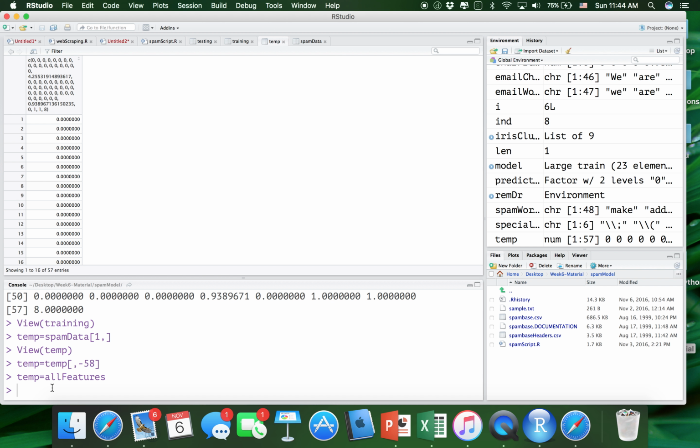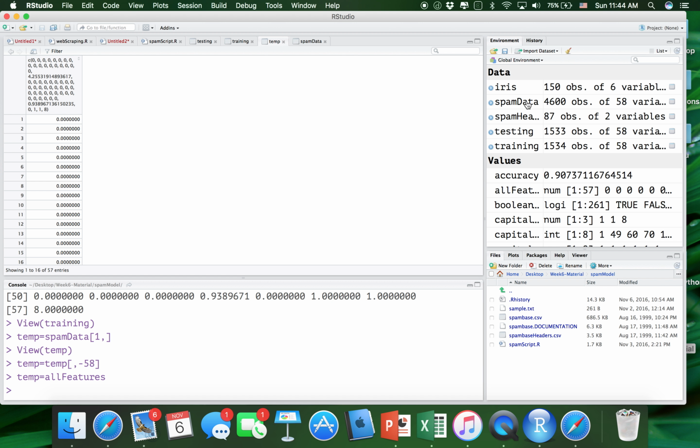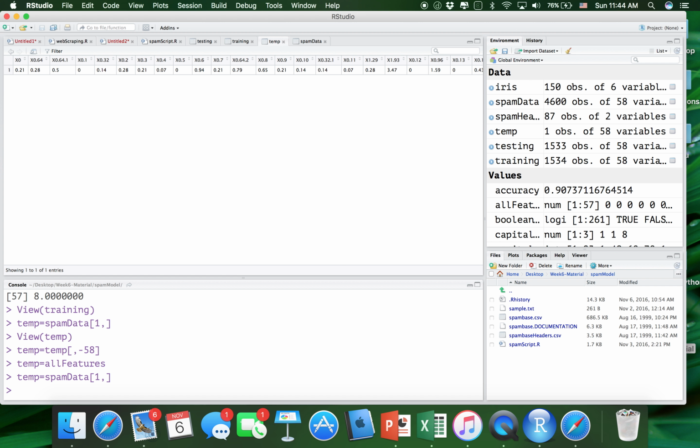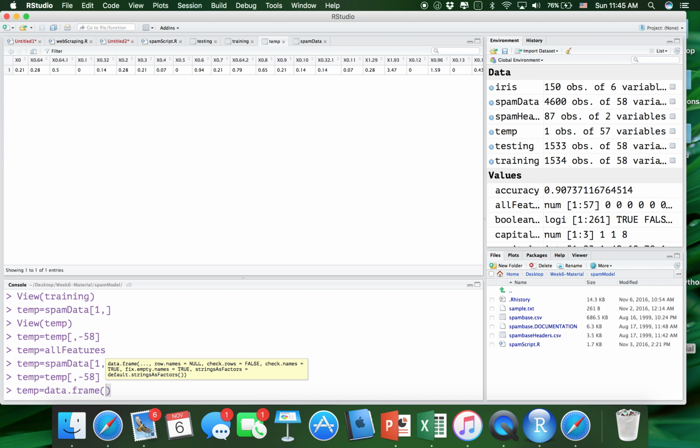Let me see. Okay, let's see what temp is here again. Temp is, one more time. Let's do this one more time. Temp is spam data of 1, and then we can remove the last column again, and let's say if temp is the data.frame of